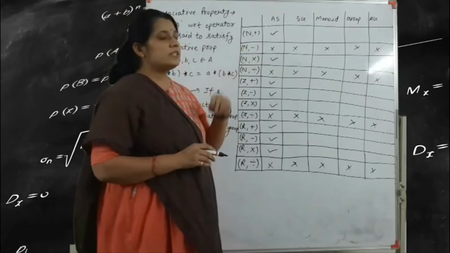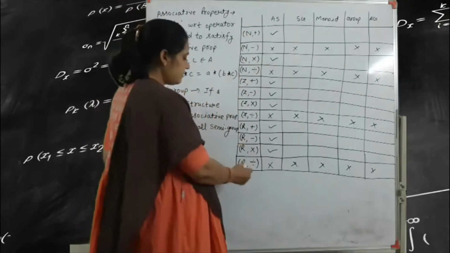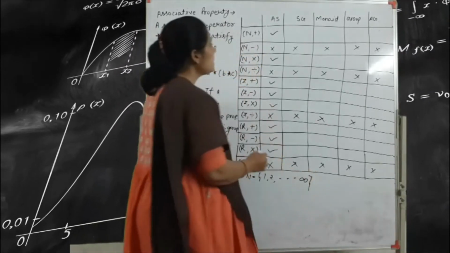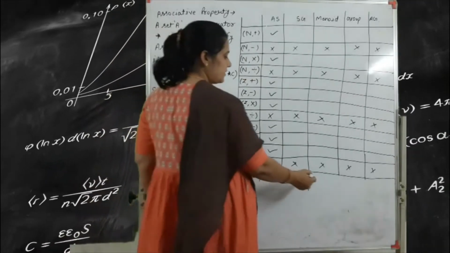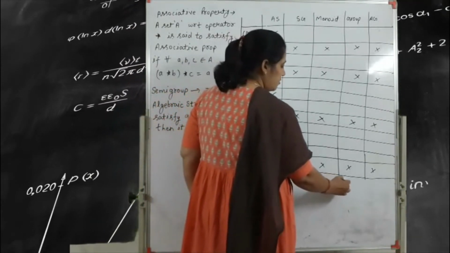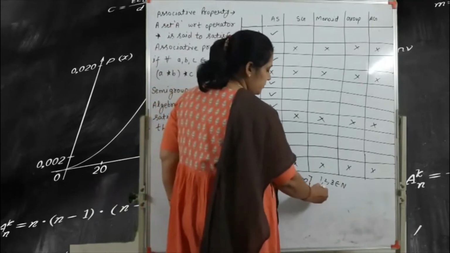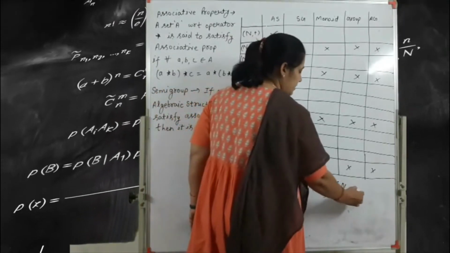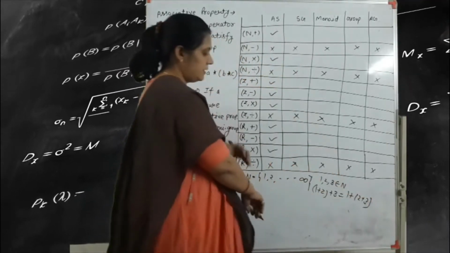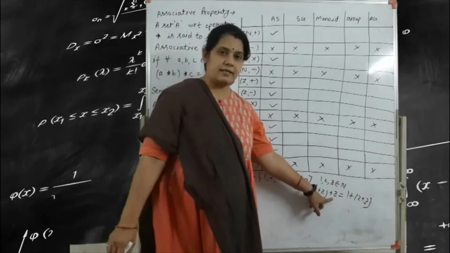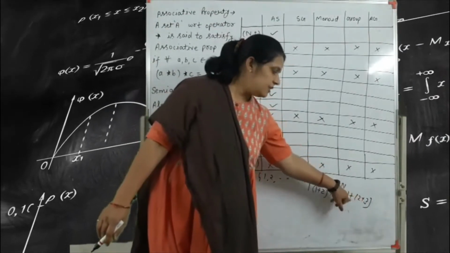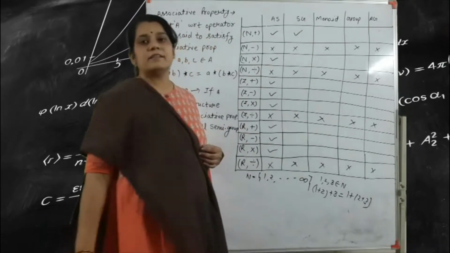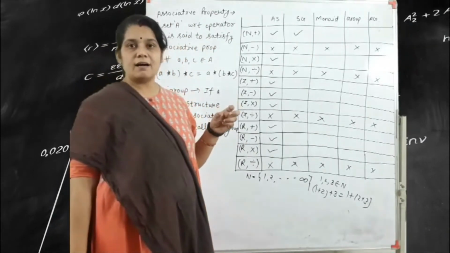First we use N and plus. N means 1, 2 up to infinity. If we use three elements, for example 1, 2 and 3 belonging to capital N, the associative property means (1 plus 2) plus 3 is equal to 1 plus (2 plus 3). Here 1 plus 2 is 3, plus 3 is 6, and here 2 plus 3 is 5, plus 1 is 6. That means 6 is equal to 6. So N plus satisfies the associative property, that means this is a semi-group.